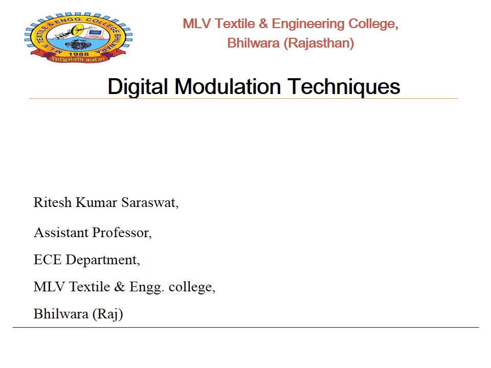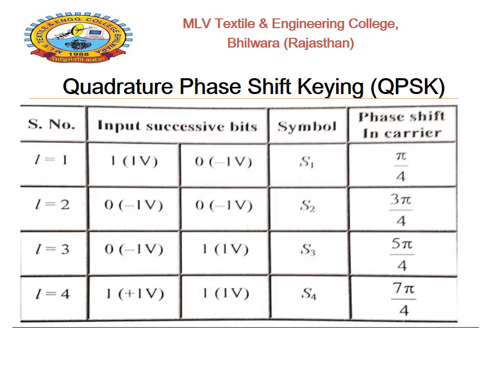Today we will discuss another part of digital modulation techniques, that is QPSK. QPSK stands for Quadrature Phase Shift Keying. In QPSK, the data bits to be modulated are grouped into symbols. Each will contain two bits and each symbol can take on one of four possible values. There are four possible combinations: 0 0, 0 1, 1 0 or 1 1.